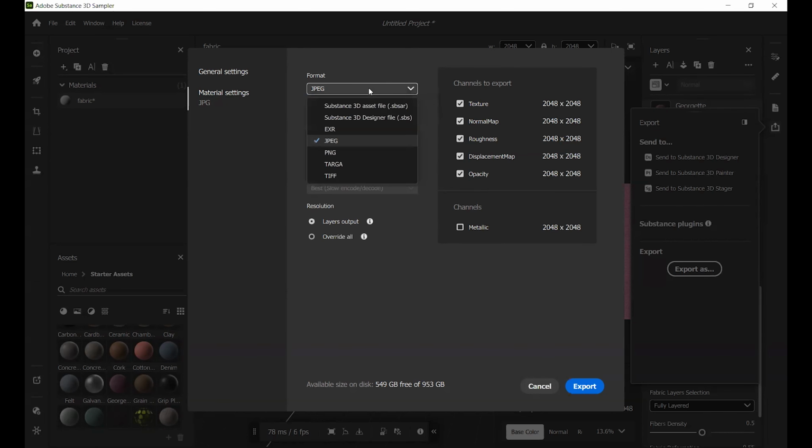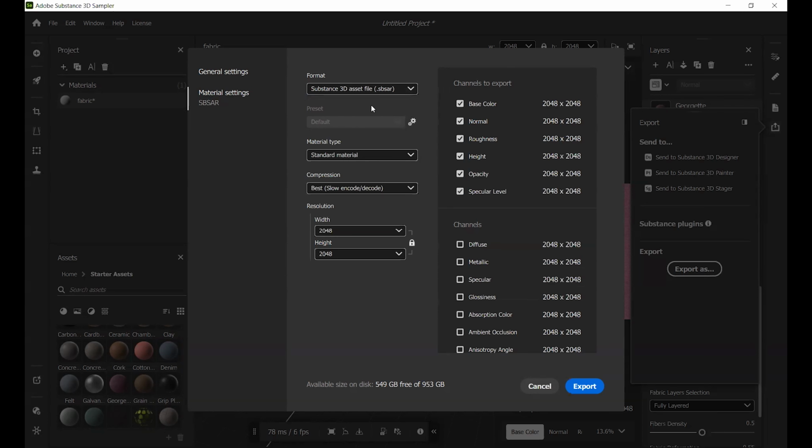Suppose I export as an SBSAR file. In that case, you can see these options like fast or auto. You can adjust the resolution, like I want a really high resolution, and you can choose your channels.